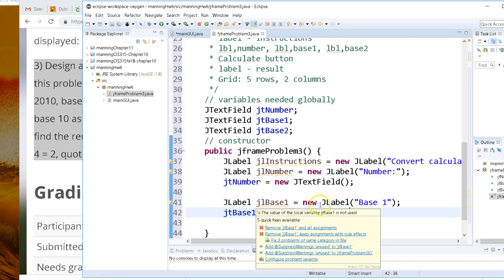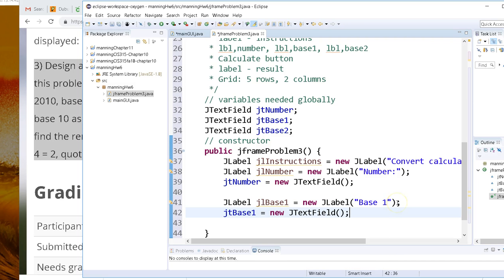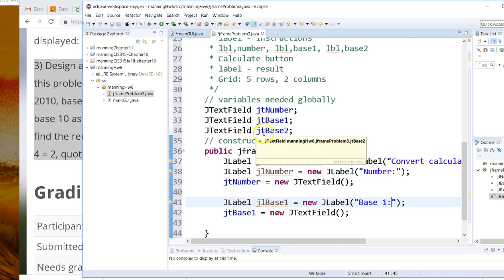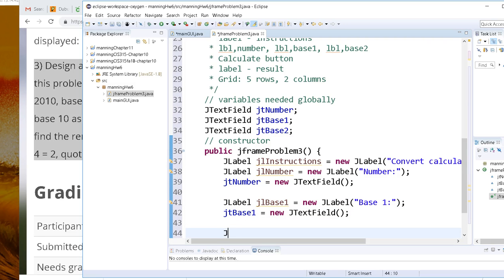A label is going to display what they need to type there. I'll just put a colon there. The text field is going to hold what they type. I'm calling that JT base 1. And then the third line is going to be another label, JL base 2